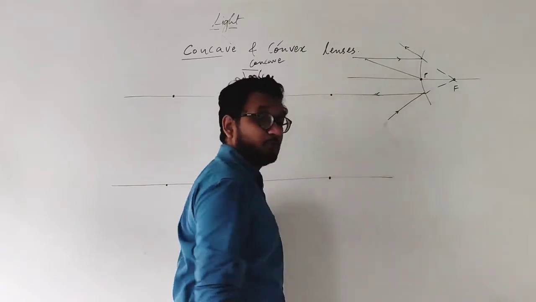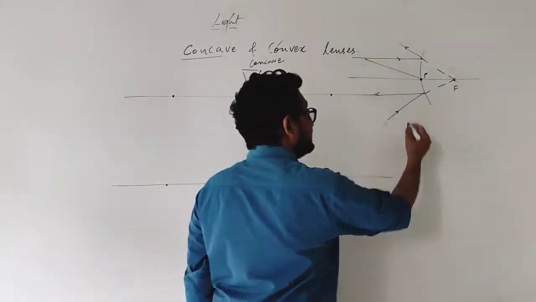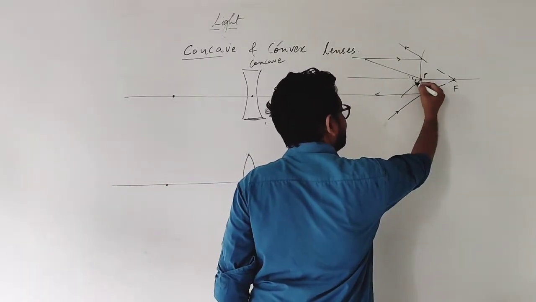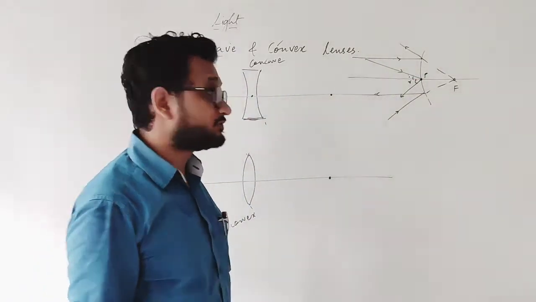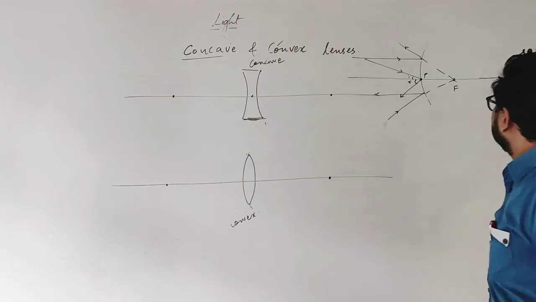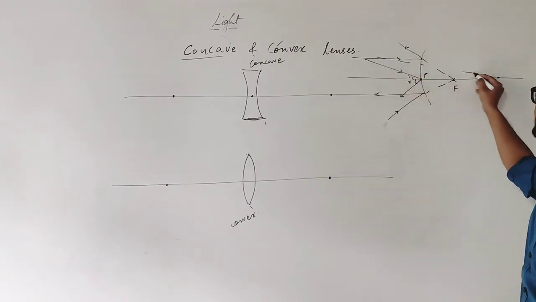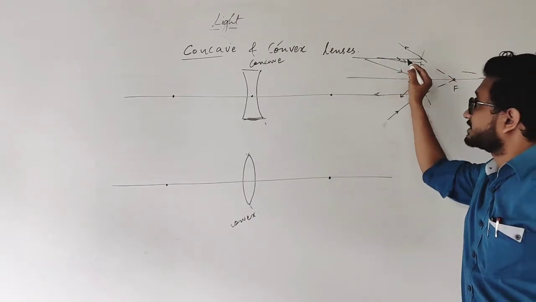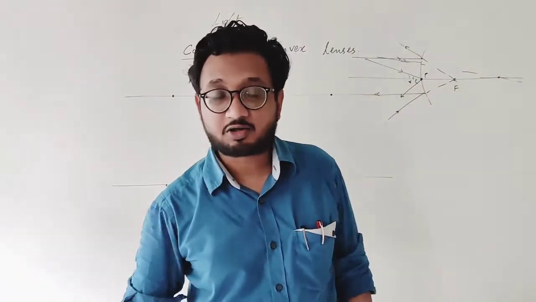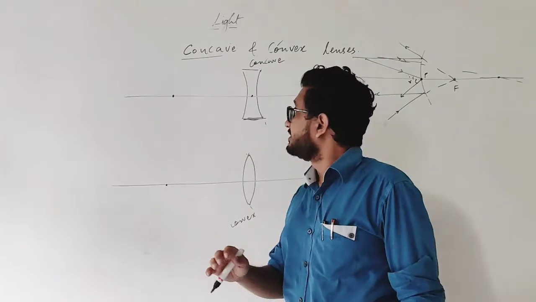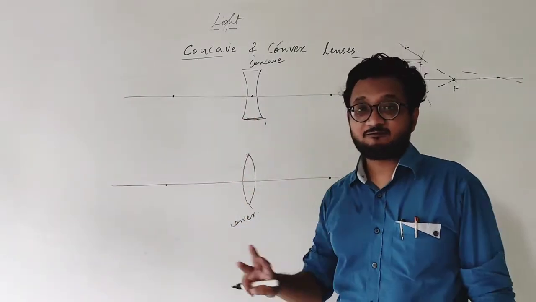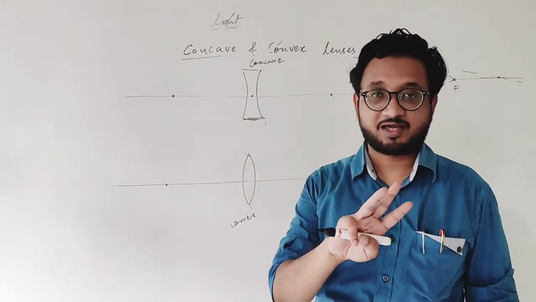At the pole point on the principal axis, it will create an angle of incidence and reflect back and create an angle of reflection. And the last one was about the center of curvature. If you remember, a ray of light passing through the center of curvature does not have any reflection, it goes back on the same path. So we had 4 points, you can see that video and remember. But for the lenses, we have only 3 to remember, and that is good for us.